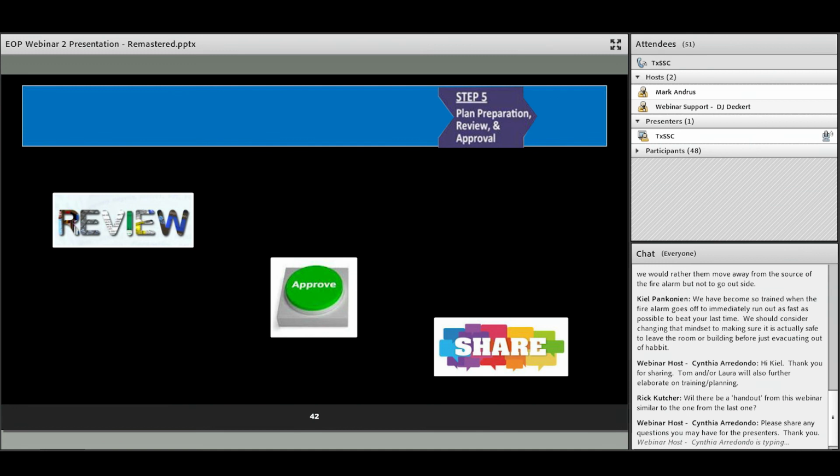Something might seem doable on paper, but in actuality, a staff member could read it and think there's no way. So it's really important to have multiple stakeholders review and go through it and make sure that it's very clear and understandable and actionable. Once that's taken place and it's finalized, it is certainly submitted for approval to the board and the superintendent. Appropriate signatures are gained on the document itself.